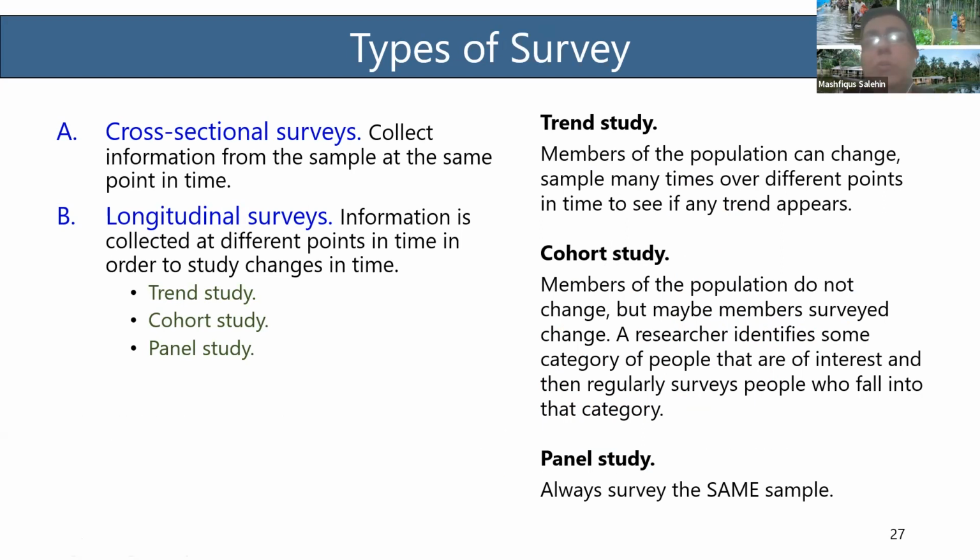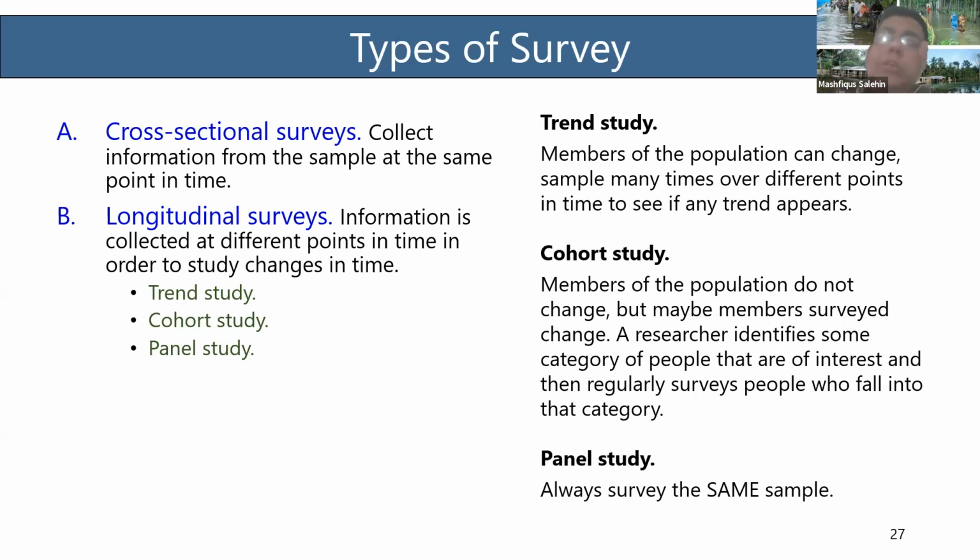Basically, that is what we do in our research. We are doing a sampling out of the population of, for example, our southwest coastal region, and we are doing this survey over one month's time. So essentially, we are doing a cross-sectional survey, doing the sampling at the same point in time. But then you can do longitudinal surveys, meaning you're repeating your surveys at different points in time